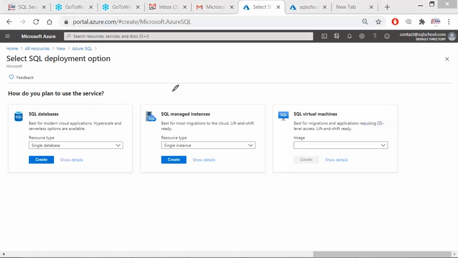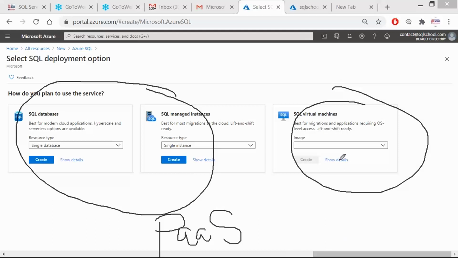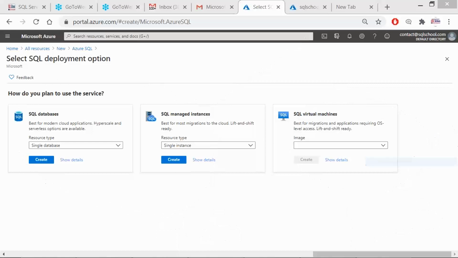The first two come under PaaS, platform as a service, and the virtual machines come under IaaS, infrastructure as a service. Our current course would be based on the managed instance. And what are the prerequisites to get started?